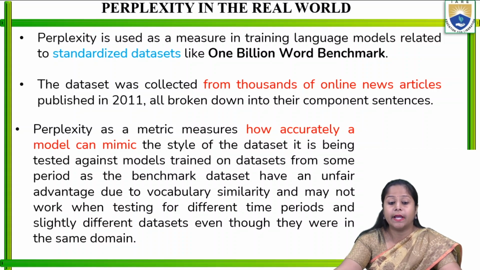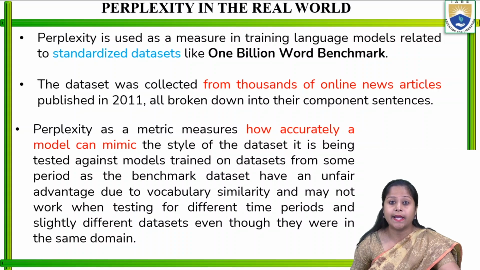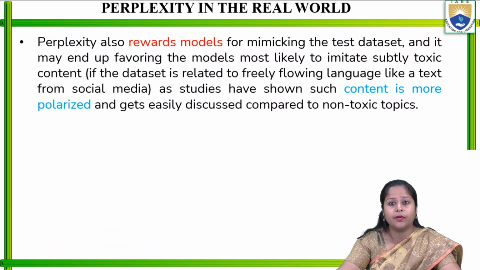So how it works will depend on the dataset and the dataset's vocabulary, and on how perplexity is going to give the right, lower perplexity for that particular language model. Perplexity also rewards models for mimicking the test dataset, and it ends up favoring the models most likely to